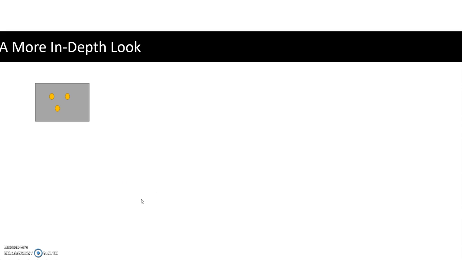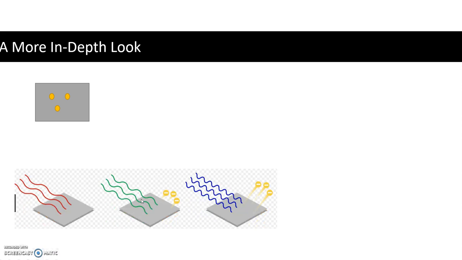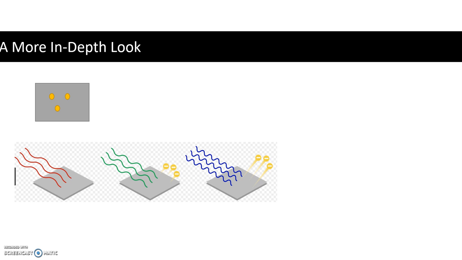So let's go back to the diagram we had on the first slide. We see we have 3 different wavelengths of light, 3 different colors of light, and the red light does not have enough energy to break those bonds that the electrons have at their nucleus, right? It doesn't have enough energy to emit the electrons. And the green light, which is a different wavelength, different frequency, seems like it does, because we can see that there are electrons being emitted with the green light.